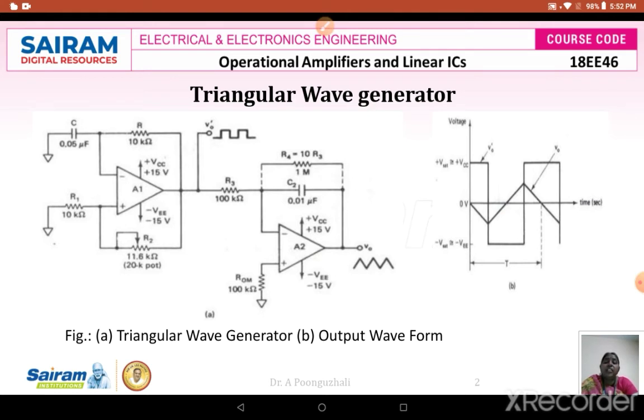And next is this ROM resistance. This ROM resistance is going to be for your compensating resistance value. So the offset voltage that is going to be present at the input terminals of your integrator should be compensated. So that is going to be your ROM. So here this is your basic operation, that is what I have explained here.